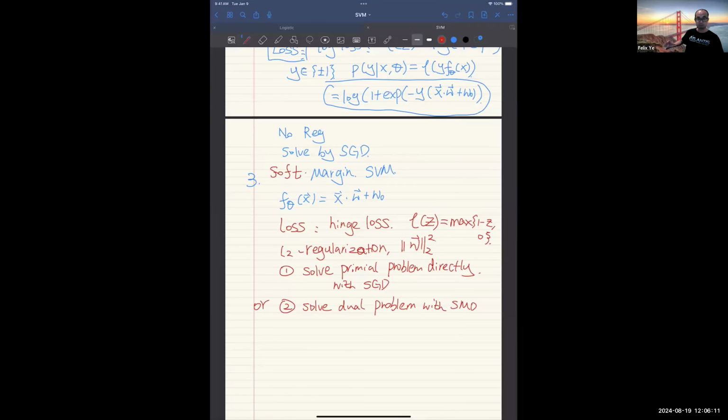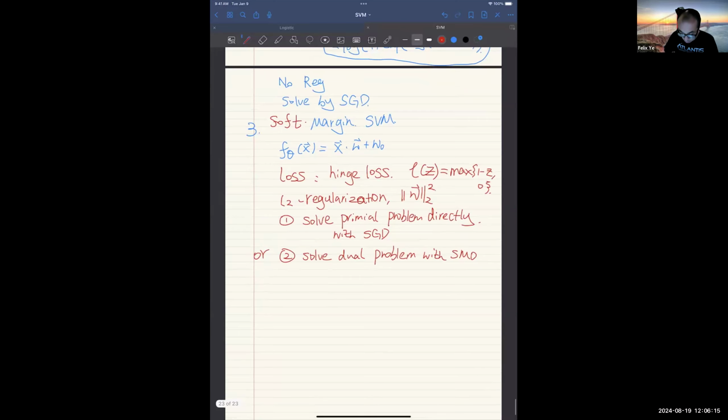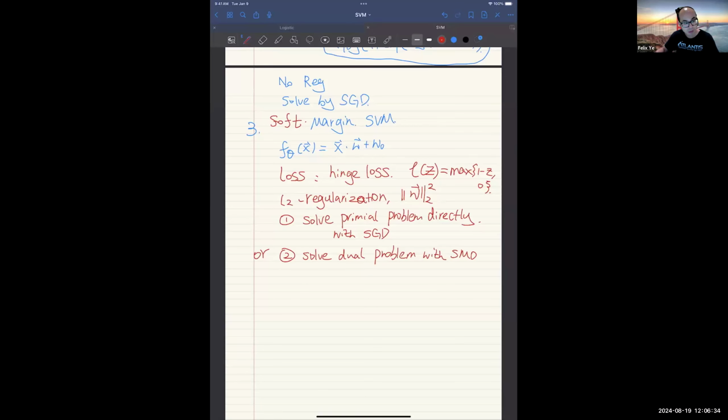Either will be fine, but just be sure to see what kind of situation you want to work with. Particularly if your number of features is really large, you probably should work on the dual problem. If your number of features is small, you can just directly work on the primal problem. All right, so